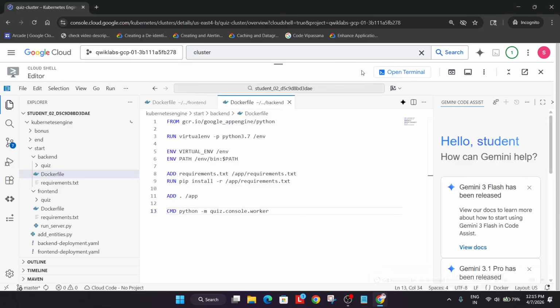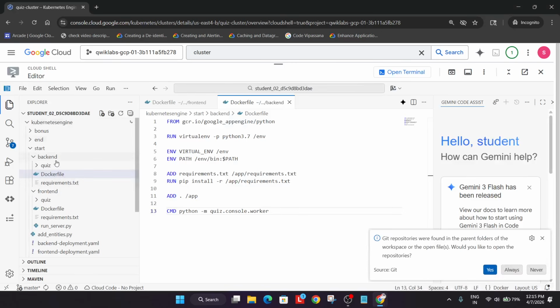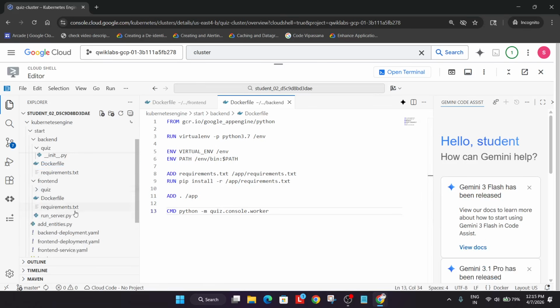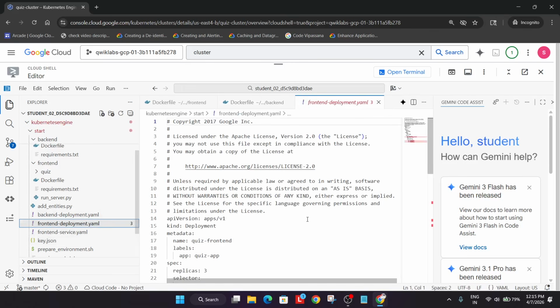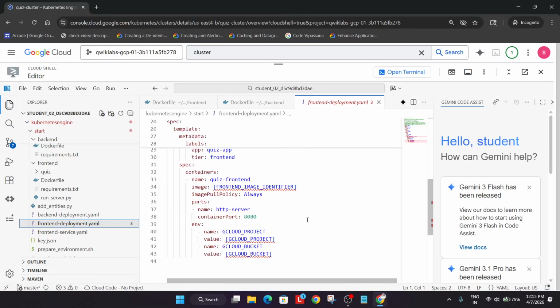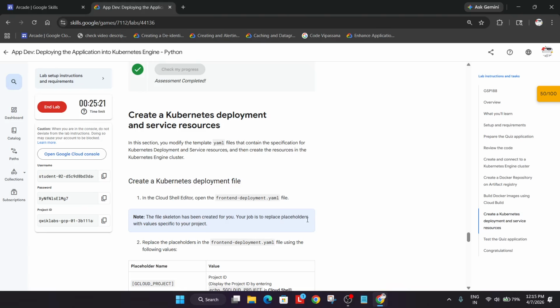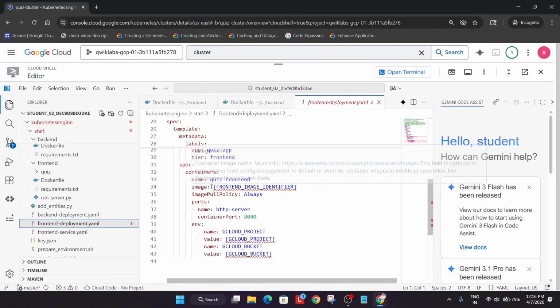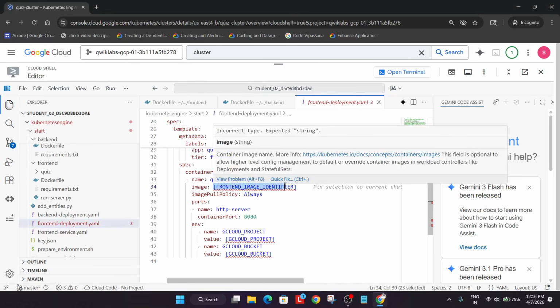So just open the editor like this, and from here you can see the back end file is there and the front end file is there. We have to modify the YAML file, that is the deployment file you can see over here. So let's start with the front end. Here we have to just update the image identifier. For the image identifier, we have to copy this thing carefully from here to here, replace it,